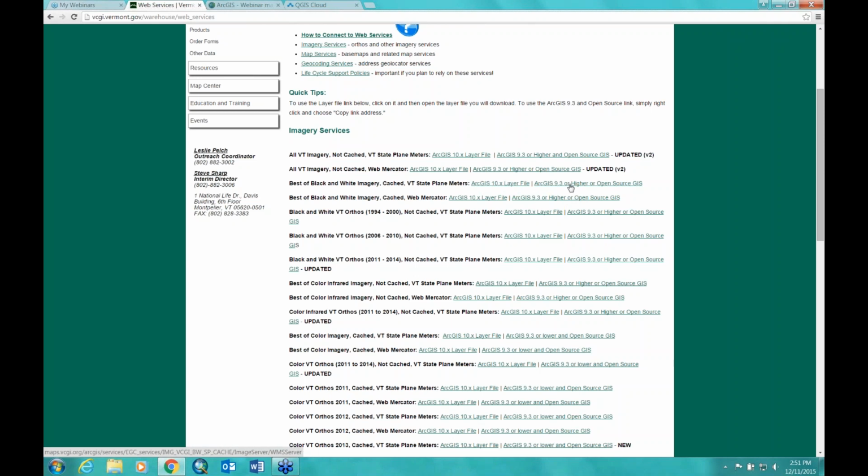But what I want to do is actually add this service, an OGC version of this service, to my ArcGIS Online map. So open source GIS would be the key here because OGC refers to the Open Geospatial Consortium. I'm not sure I have that exactly right, but the short thing to know is look to the ArcGIS 9.3 or higher or open source GIS service, right click,